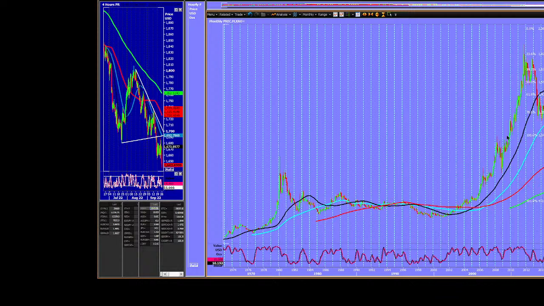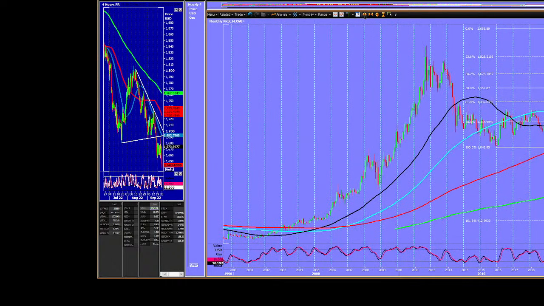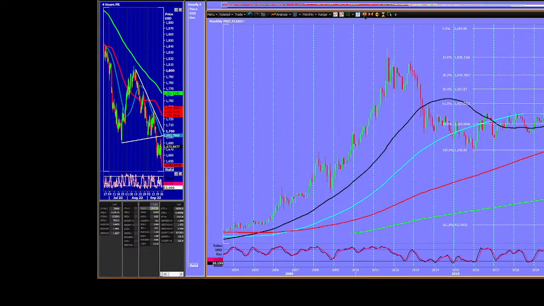Now, these patterns are always only relevant in context. Head and Shoulders. If you've seen my stuff on Head and Shoulders, it really frustrates me when people show you Head and Shoulders, like for example here. I know this isn't quite a Head and Shoulders pattern, but let's say it was. People go, oh look, this is a Head and Shoulders pattern, and they draw a trend line like this, and they go, oh look, there's the neckline. And it absolutely drives me mental because that is not a Head and Shoulders pattern. A Head and Shoulders pattern can only appear at the top of a very extended bull run.